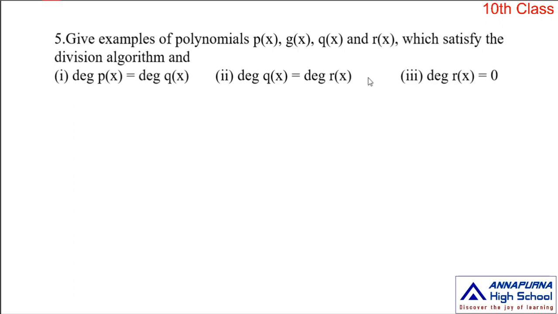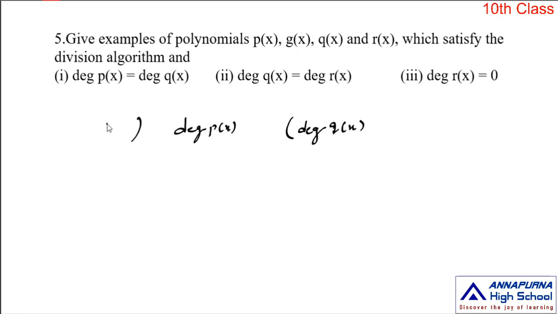of q of x. Before giving the examples for these four polynomials, first you take the degrees of those four polynomials. So what is the first condition? Degree of p of x is equal to degree of q of x. That means the degree of the dividend is equal to the degree of the quotient. If these two degrees are equal,